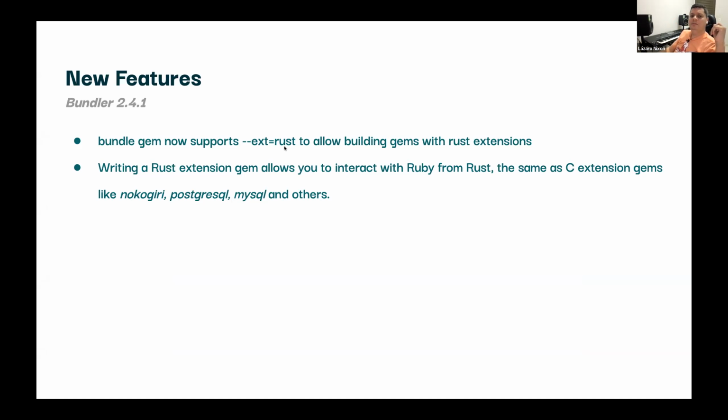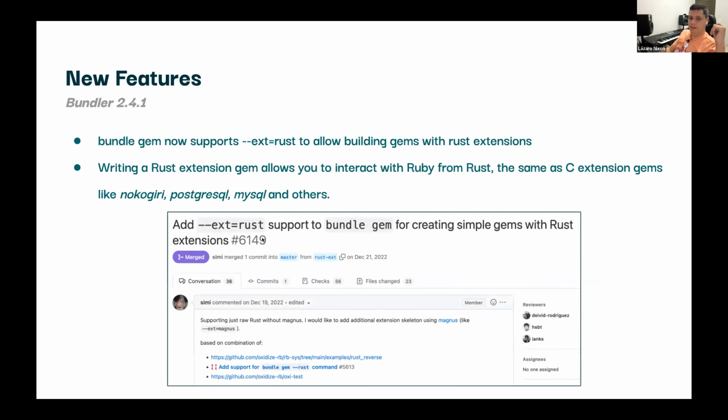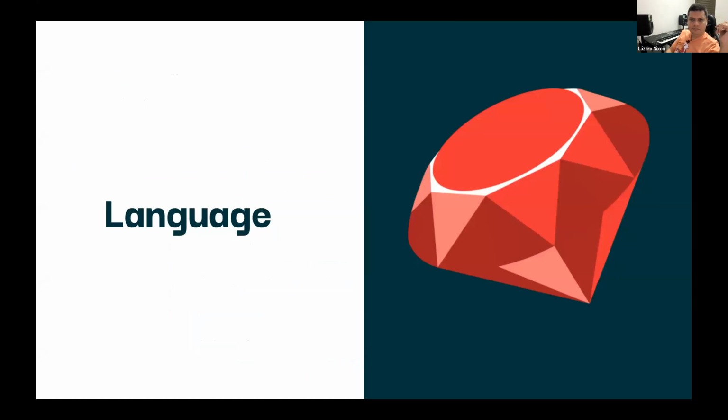So we'll have the same thing with Rust now, but it's just a simple, raw implementation. It's just the first version, so I believe you won't see any integration with Rust for now.